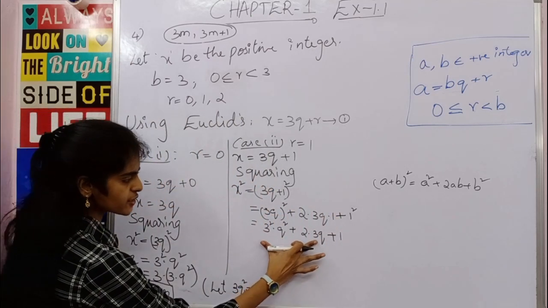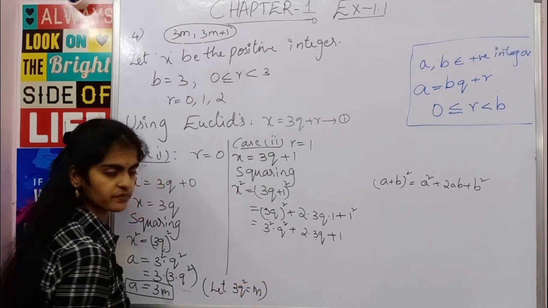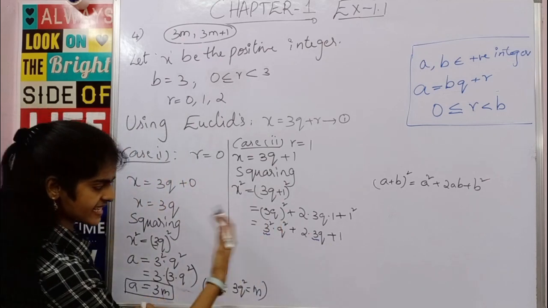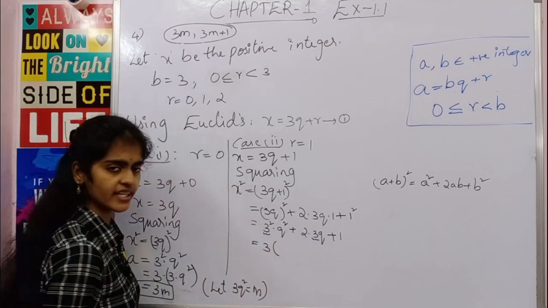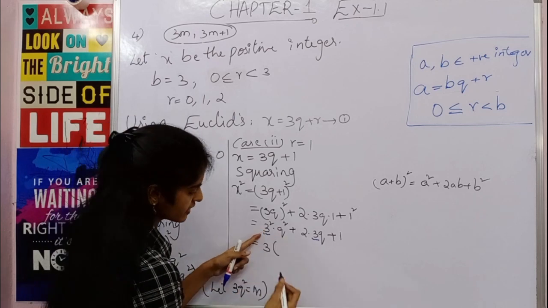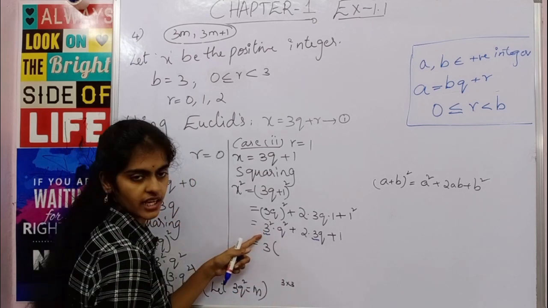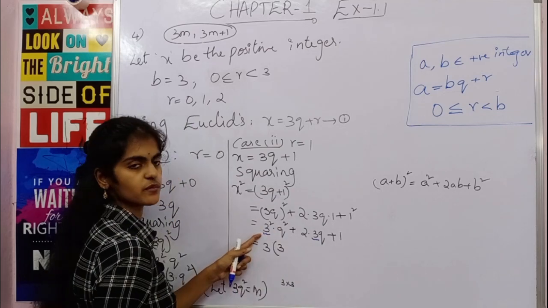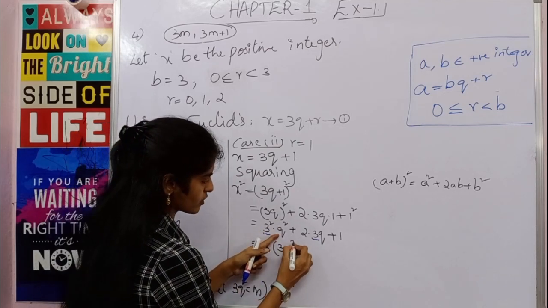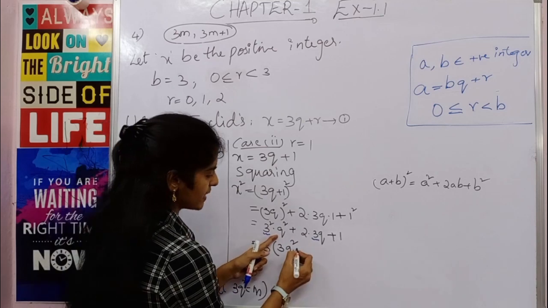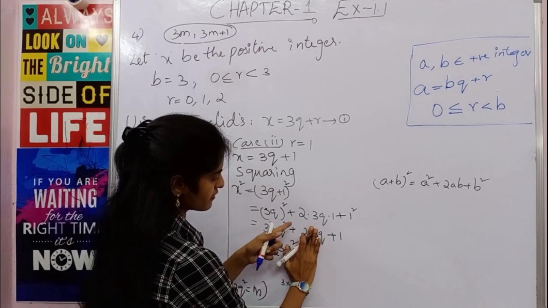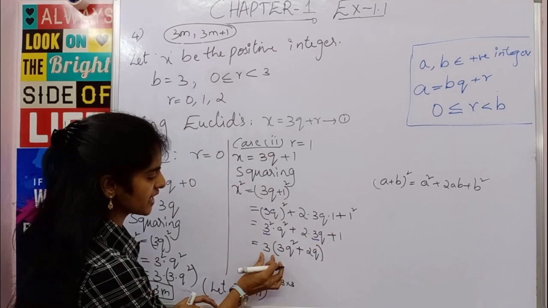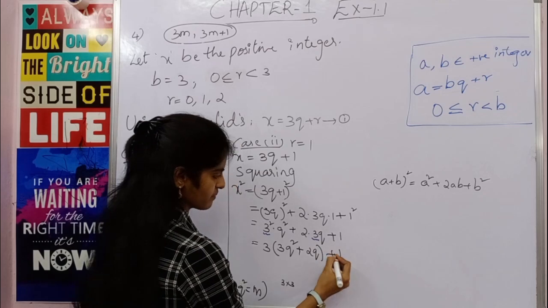Okay, now from these two terms, can I take 3 as common? Here you can see, here you have 1 3 and here also you have 1 3. Let us take that 3 common. If you take 3 common, you are left out with, here 3 square is nothing but 3 into 3. I am taking 1 3 as common, so I am left out with another 3. So that 3 I will write it here. And I have q square also, that also you will write it here. Plus, now this 3 you are taking common, so you are left out with 2q, so that you write it here. Only from these two terms you are taking 3 common. Okay, here you have plus 1.